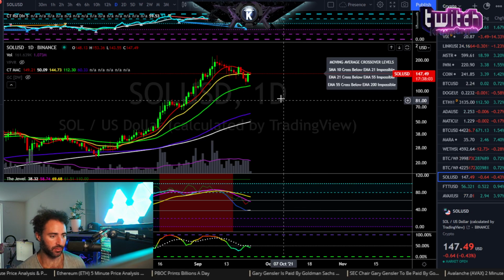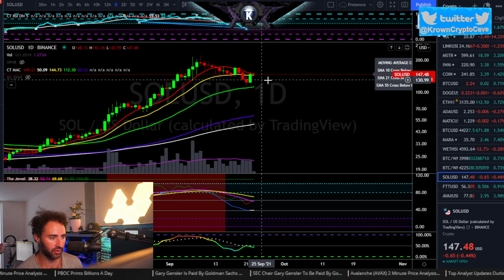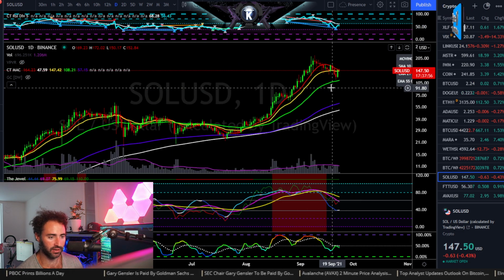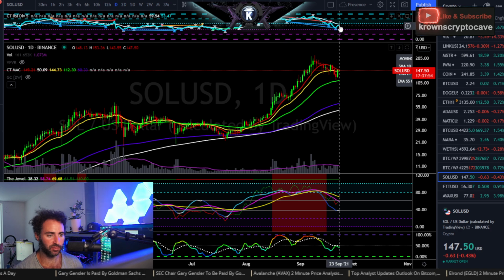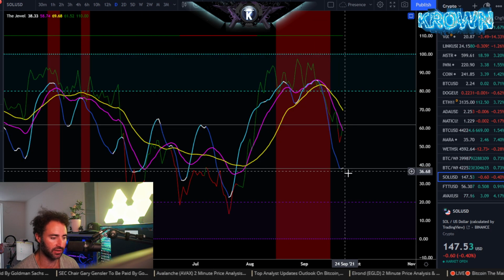Here we have Solana, symbol SOL versus the dollar, and we have what could be the next higher low in a series of higher lows over the long-term macro scale. A nice correction down to the 55, and a good response thus far, coming off that hidden bullish divergence on the daily. And of course, we do see daily Jewel is coming down to a bounce area on the fib